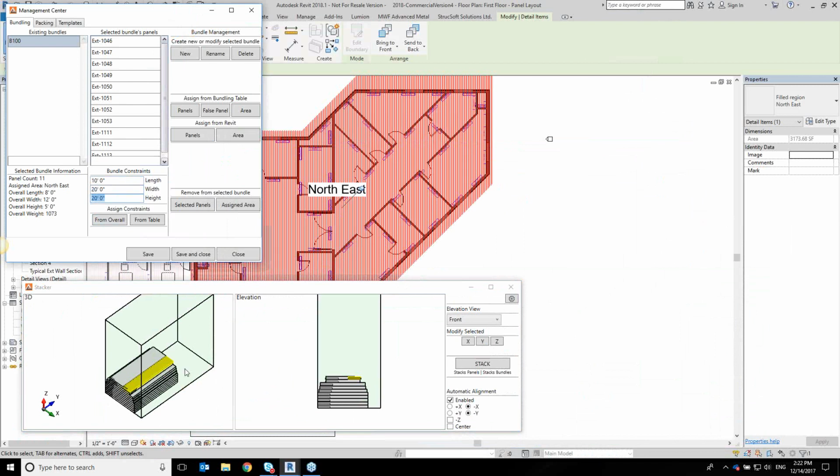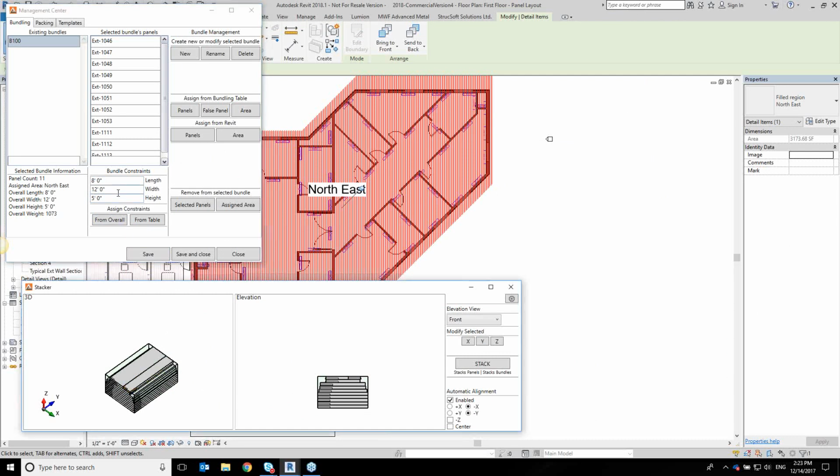But what I can see now is my bundle constraints are still set to 10 feet by 20 by 20. It's not how big my actual bundle is. So I can just assign constraints from the overall dimensions of all of the panels right now. So if I click that, it shrinks down to 8 by 12 by 5. I'm going to have a much easier time getting a few of those size bundles onto a truck than, you know, big 10 by 20 by 20s. So if B100 looks good, I can save it and it's